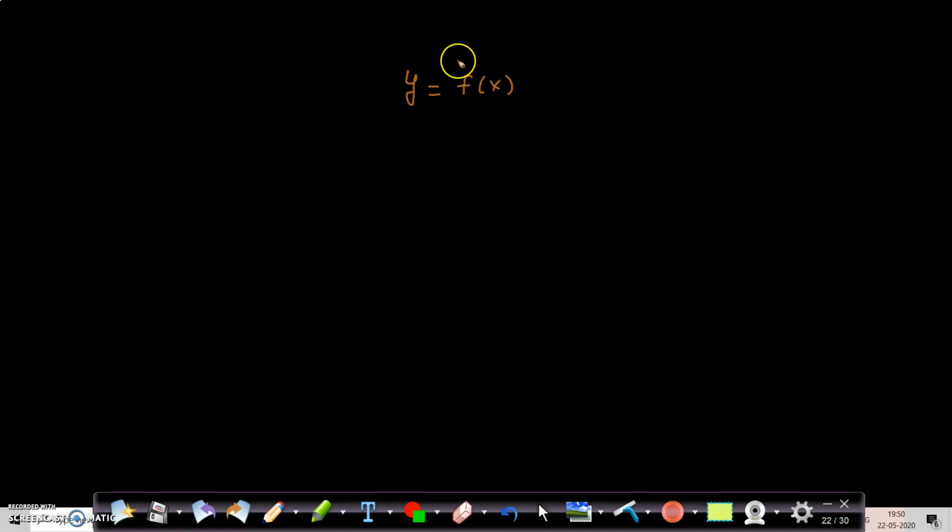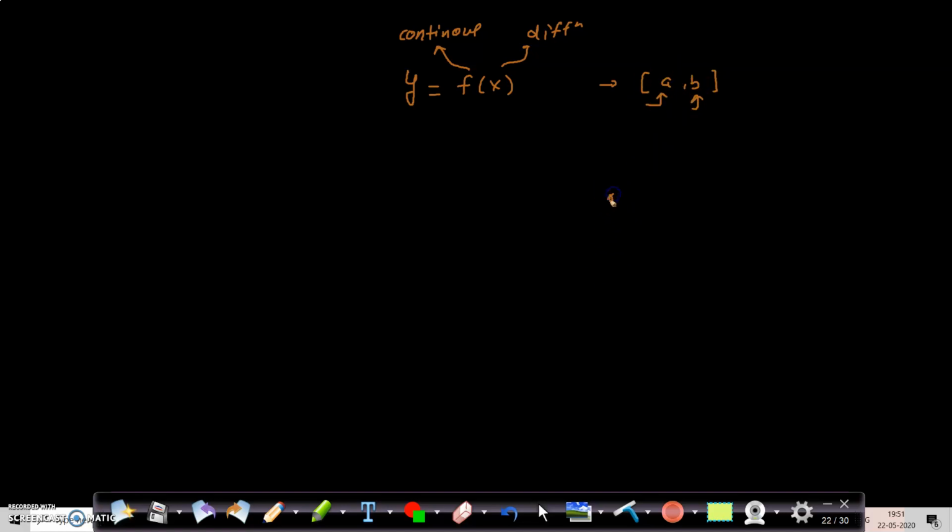The discussion is simple. Suppose we have a function, and this function is continuous, and this function is differentiable. The condition is very simple. There is one function, and it is continuous and differentiable and it is defined in some interval. Okay, suppose this is an interval, it's defined. So these are two endpoints we have. One is a starting point and one is an ending point.